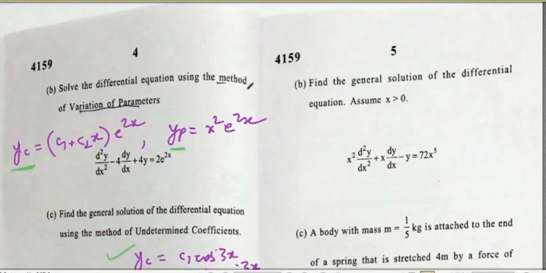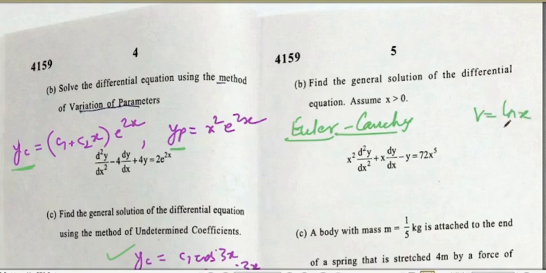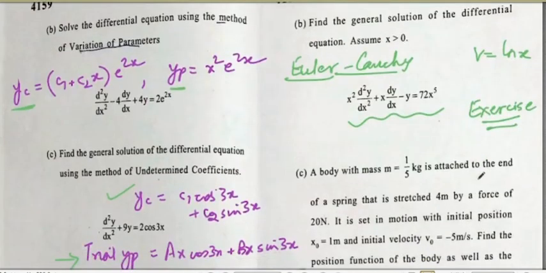The B part of this question was Euler-Cauchy, with right hand side being non-zero. So you know that the substitution t equal to log x is going to work here to find YC. And when you apply variation of parameters to find YP, please make sure that you take the right hand side as 72x cube. You have to get rid of x square because the equation has to be in the standard form for finding YP. So be careful here. Otherwise, it's a direct exercise question from Edwards and Penney. You can just go and check in your book.